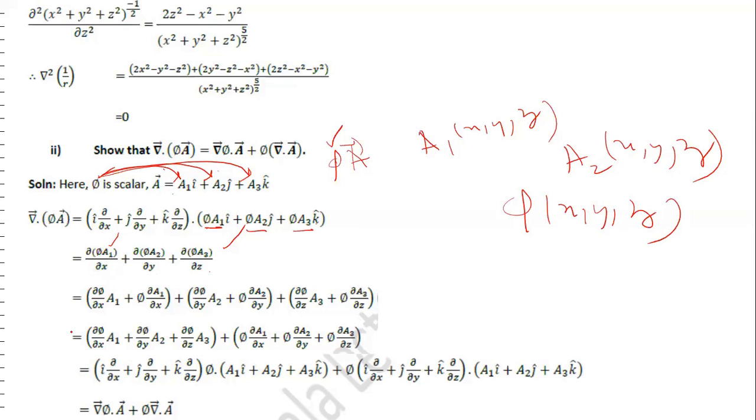You just follow the differentiation by product rule: first differentiate the first function, multiply with the second function, plus differentiate the second function, multiply with the first function. This is what you're going to get. You combine this term and this term over here, so what you have here is